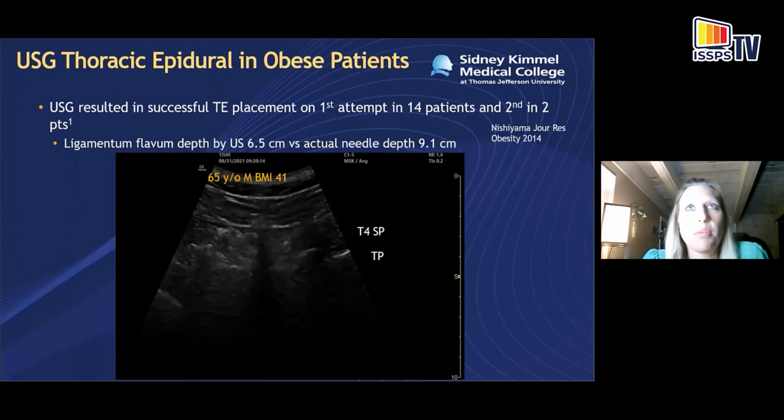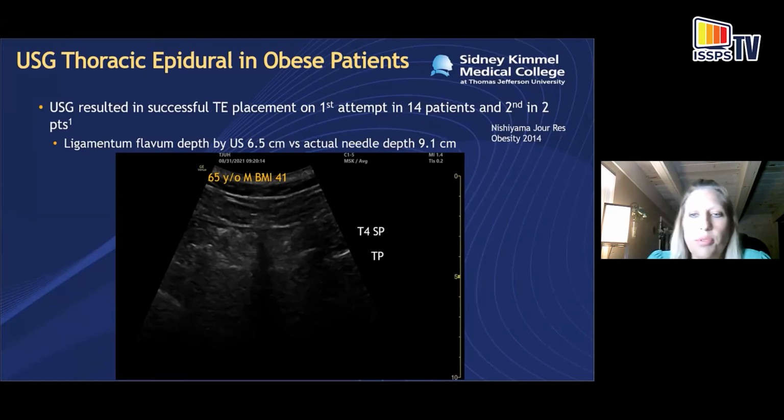And I'll touch a little bit on thoracic epidural. Thoracic ultrasound has been shown to be useful to assist in the placement of thoracic epidurals in obese patients, especially when landmarks are difficult to palpate. In general, midline is fairly easy to identify with the transverse view, because the thoracic spine is not as deep as you'd expect in the lumbar spine. I think the hardest area really is the lumbar area, because those structures are so much deeper. So in general, midline is easily identified, but visualization of the interspace in the paramedian sagittal oblique can be a lot more difficult, because of the thoracic spine anatomy.